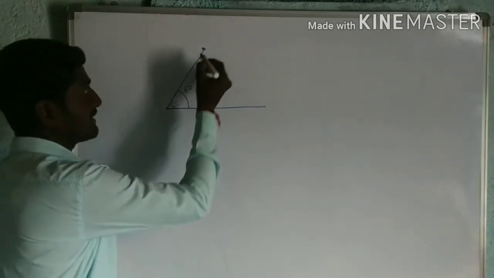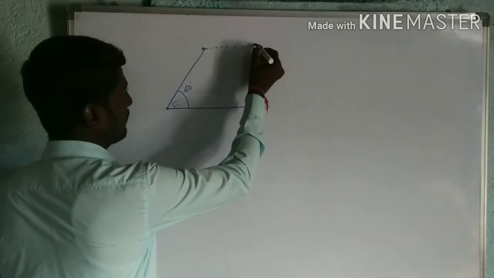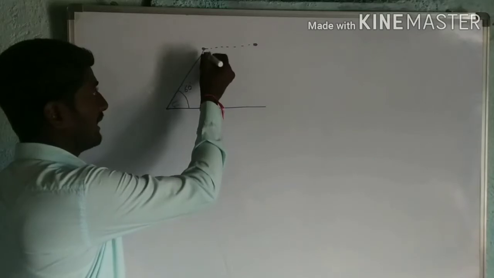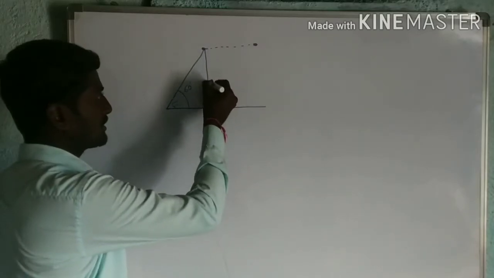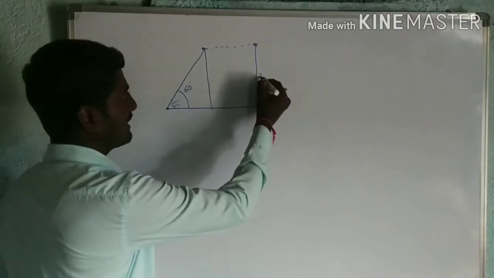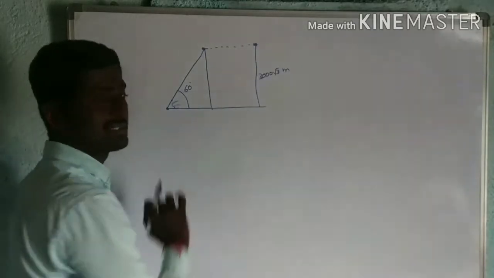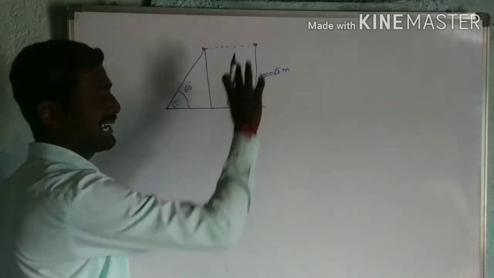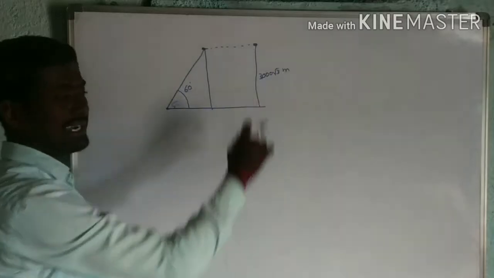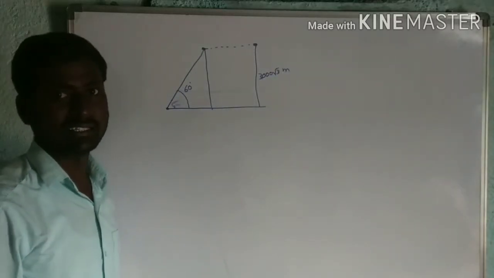Now after 30 seconds the flight will move. Let us assume that the aeroplane will be here, and the height of this aeroplane is constant, that is 3000 root 3 meters. This is the height. So it maintains a constant height. The flight is moving with uniform speed, and that speed I will take as x.